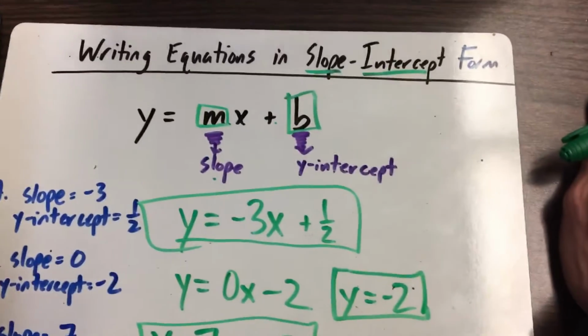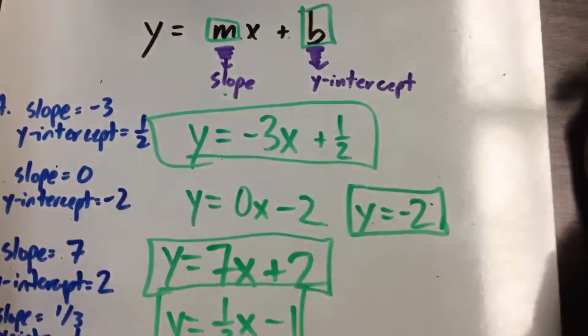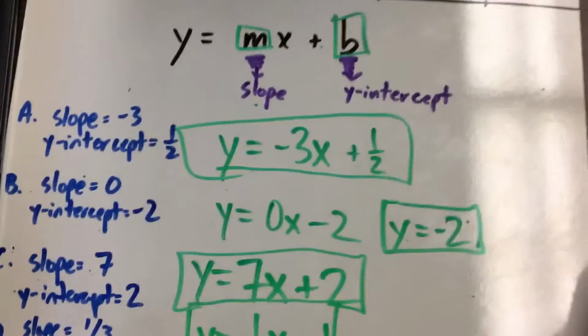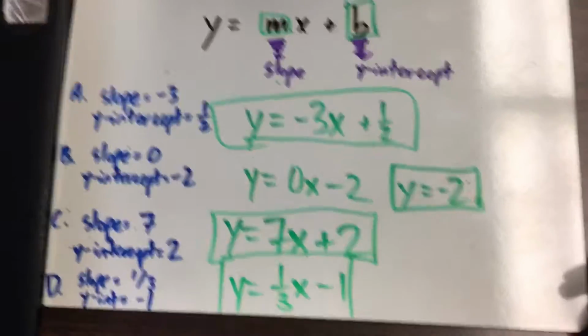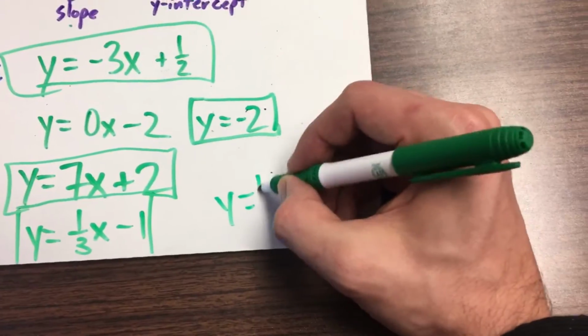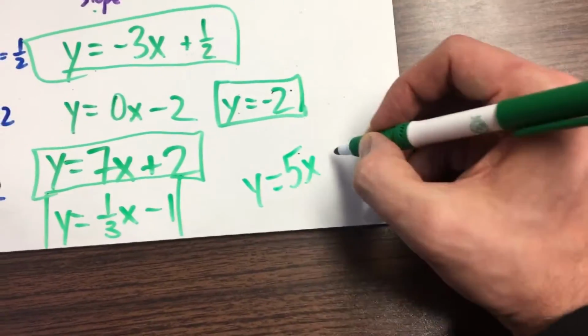Just take the slope, plug it in. Take the y-intercept, plug it in. We never saw one where the y-intercept was 0. Let's just say, for example, if they would have given you one where the y-intercept was 0, like maybe you have something where the slope is 5 and then the y-intercept is 0,